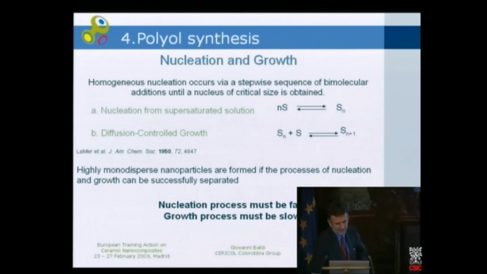Homogeneous nucleation occurs via a stepwise sequence of bimolecular addition until a nucleus of critical size is obtained. This is the classical approach proposed by Lemaire. And highly monodispersed nanoparticles, as I said before, are formed in the processes of nucleation and growth, if the processes of nucleation and growth can be successfully separated. This is a very important point. The nucleation process must be fast, but the growth process must be slow. This is the key point for the polyol approach to nanoparticle